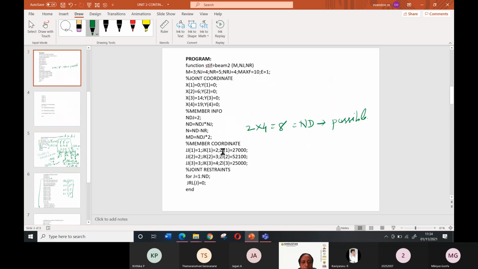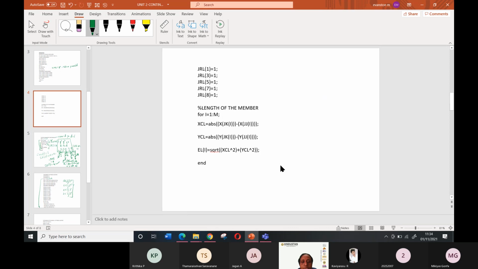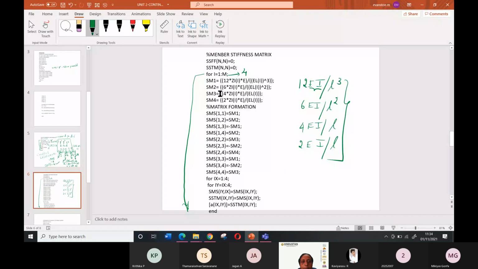Here we have noted. So EI value, E I have taken as 1. So I have taken as Zi of 1. So 27,000 is for the first member. EI, E I have taken as 1 because EI value is given as 57,000. That I have taken as Zi of I is I into E. This is 57,000 and this is 1.